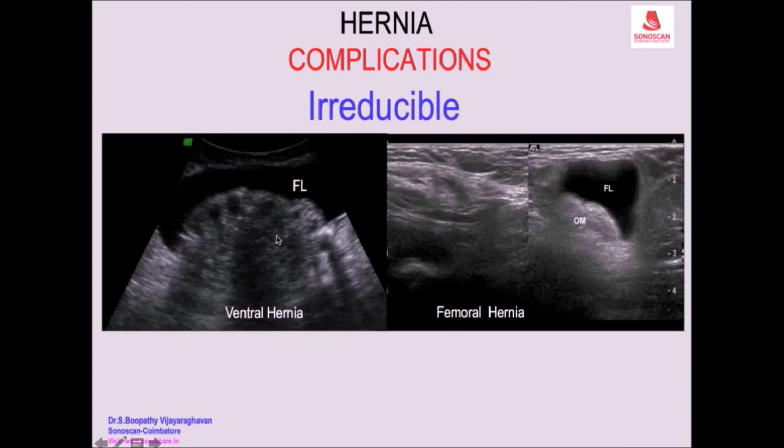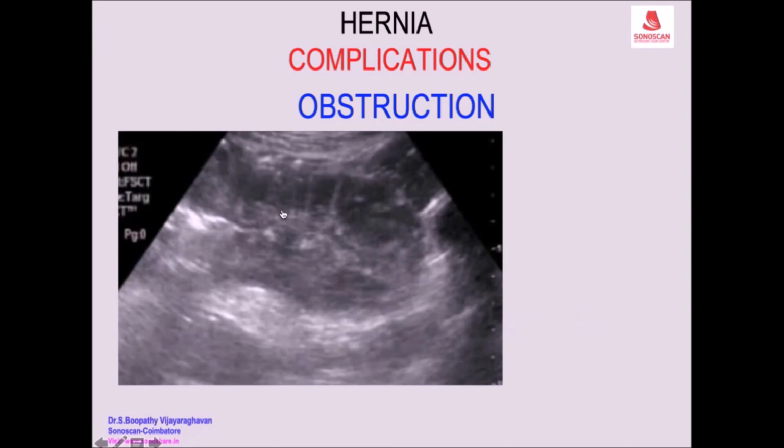So here there is an incisional hernia with bowels and omentum. There is fluid and it is irreducible. This is a femoral hernia, again containing either way. So here this is a sign of